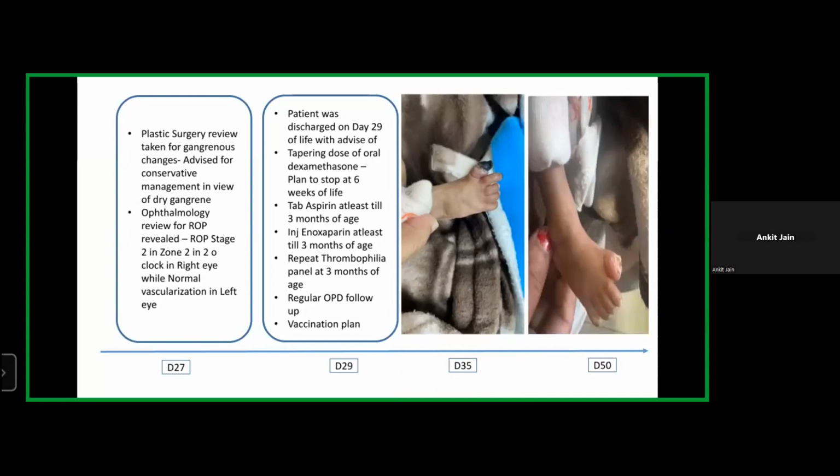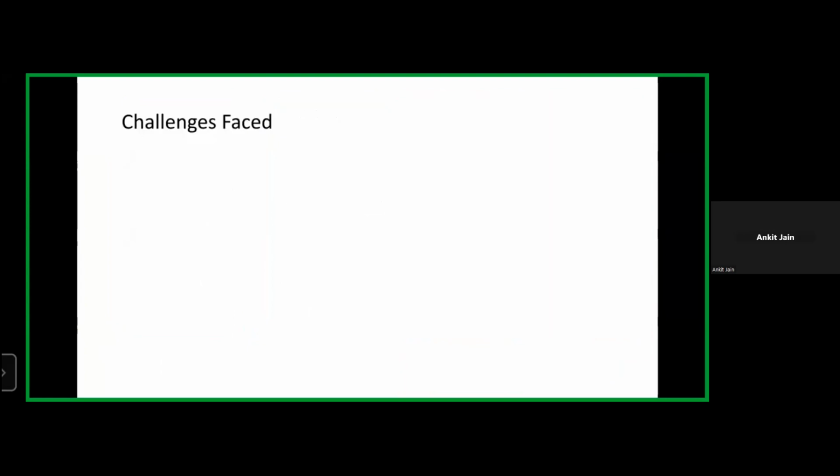And by day 50, this gangrenous change of the right toe had fallen by itself, while the left second toe had improved significantly. Now, what was the challenge we faced during the management of